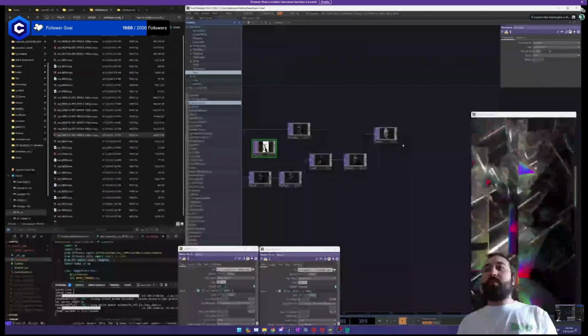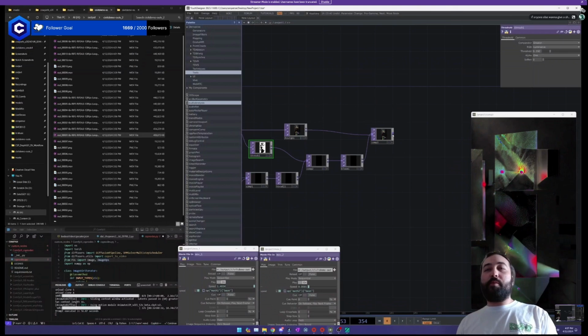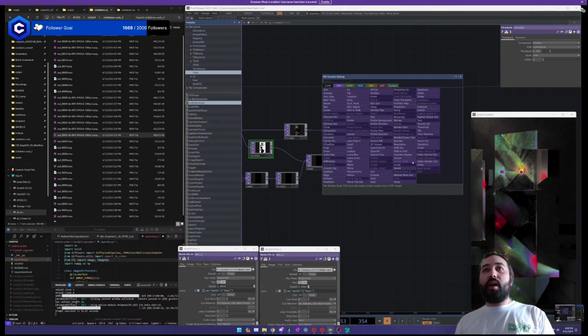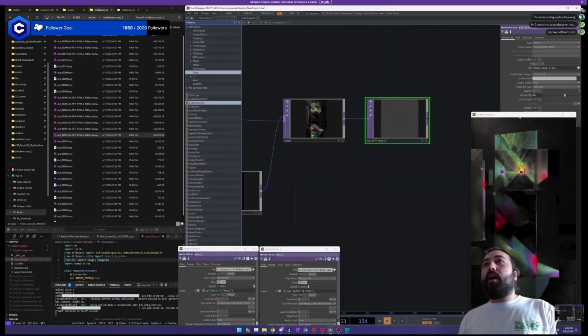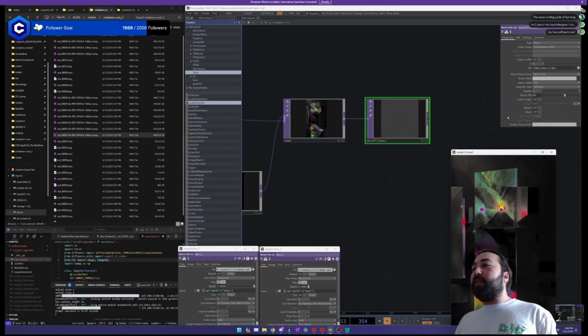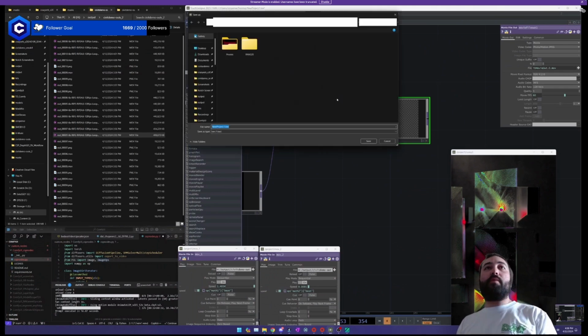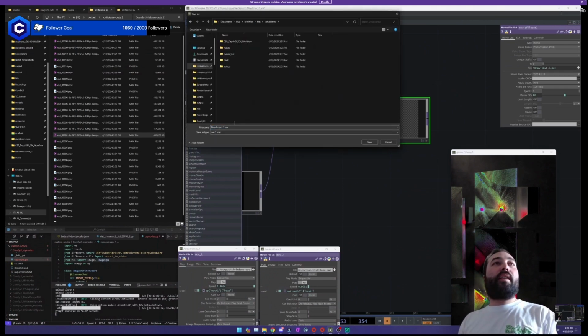So now let's say we want to render this out and actually create a movie with it. So we're going to use the movie file out TOP. Where is it? Movie file out right here. Okay. Another limitation, you can't export as H.264 with the free version, but you can use the default, which is Photo JPEG and MOV, which is totally fine. Also, I'm going to save this before I keep going, because wherever I save this project is where it's going to save this video by default. So I'm just going to do this.